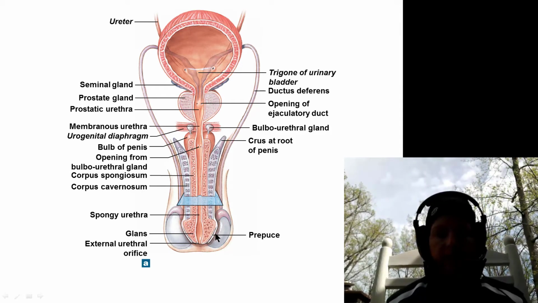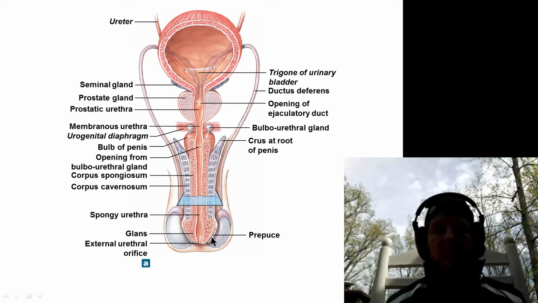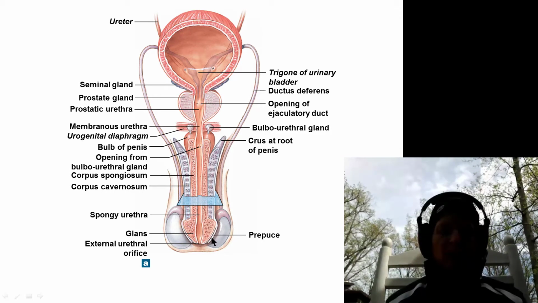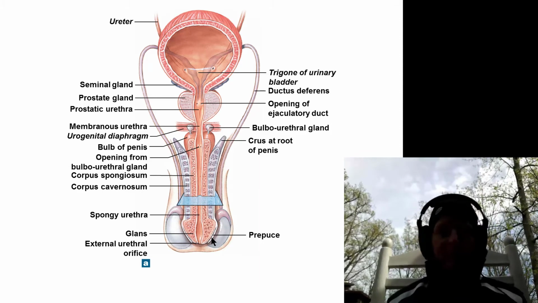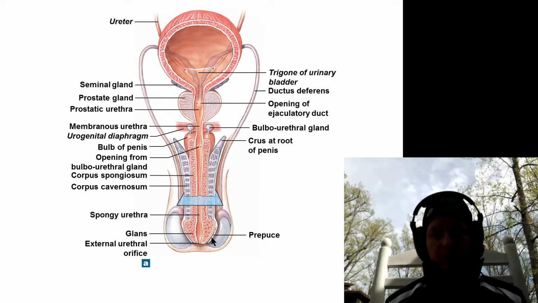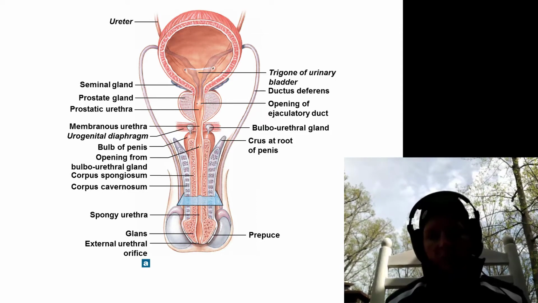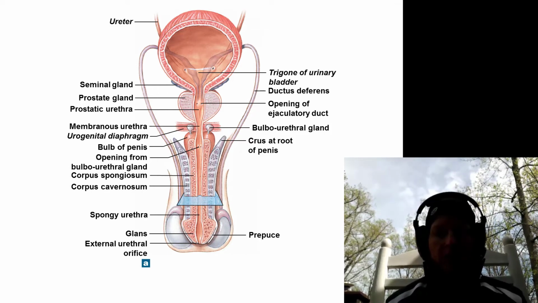And we also have a piece of skin that covers the glans called the prepuce. And it is in this area here that a waxy substance called smegma is made. And so smegma can harbor bacteria and predispose someone to infection or even possibly cancer. So a lot of people remove the prepuce during circumcision, usually early in life, sometimes later in life, but most